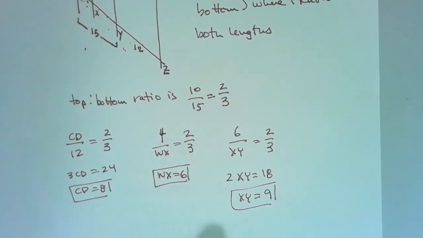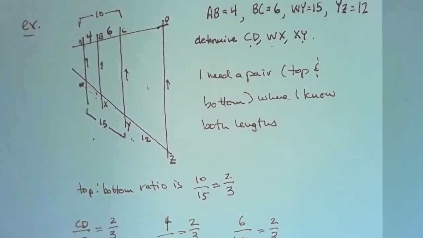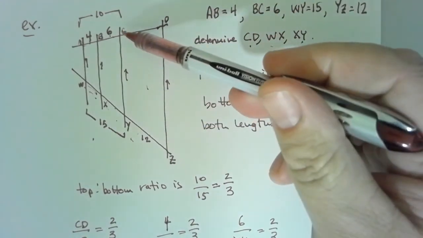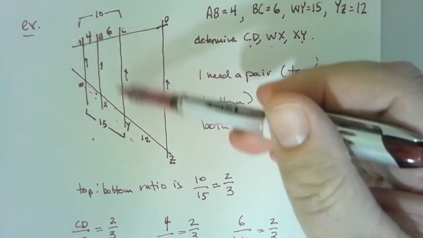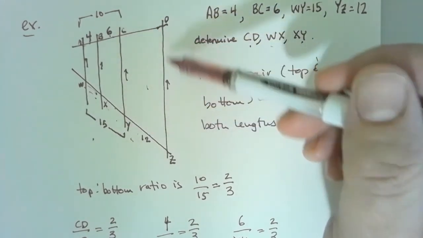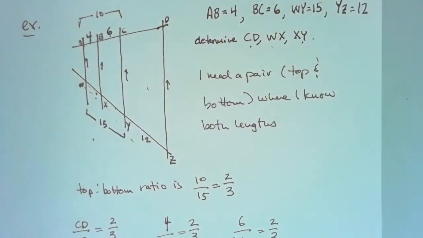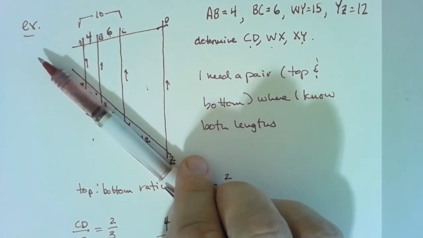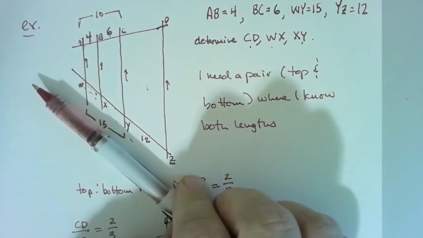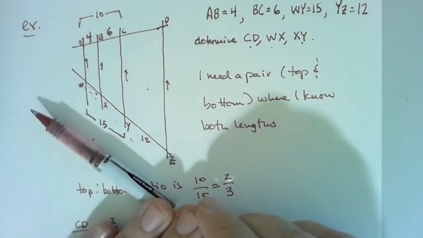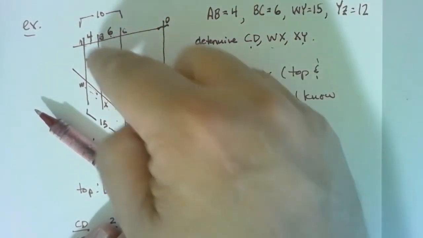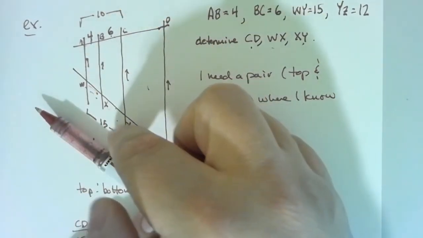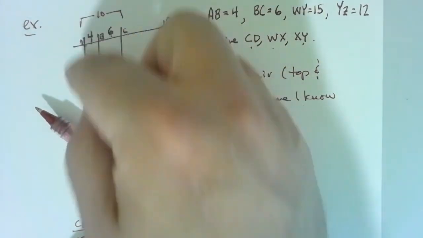One last comment on this, and that is the train tracks theorem tells us nothing about these lengths joining here to here. This 2 to 3 ratio top to bottom has nothing to do with how long these are. And the easiest way to see that is we could imagine taking this segment here and sliding it down, keeping it parallel, making all of these segments here longer, the up and down parallels longer, without changing WX or XY or YZ, so that this 2 to 3 ratio